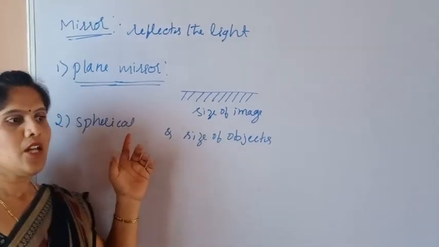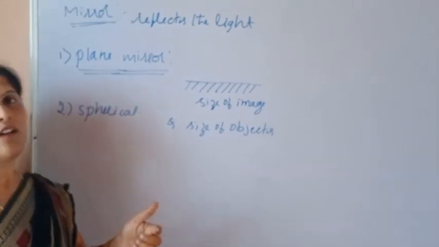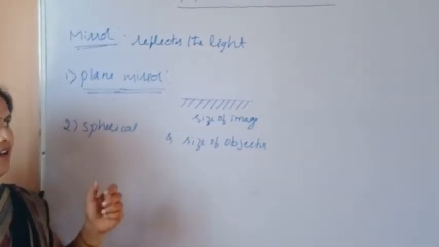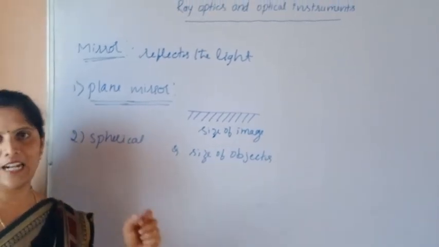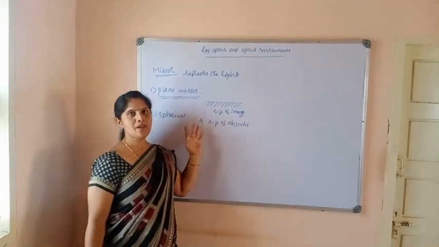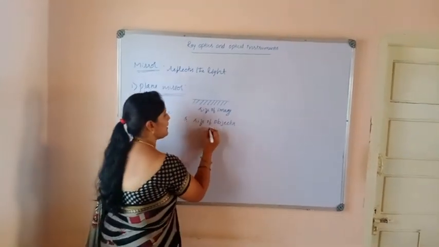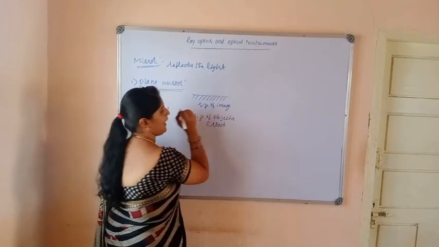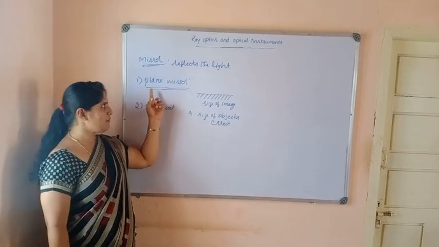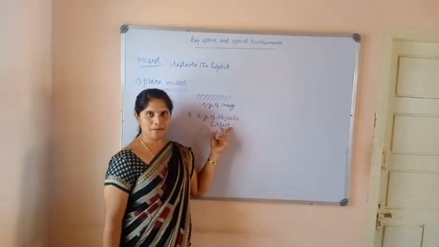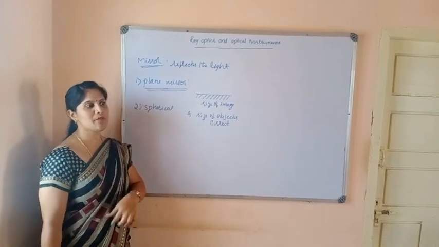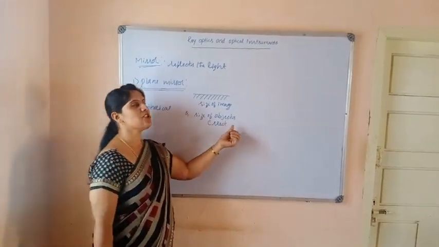And also the object distance and image distance are the same. To confirm this, do one thing. Stand in front of a mirror holding a 1 meter scale, and your image also holds a 1 meter scale. That means the object distance and image distance are the same. Okay. And the image is erect. In the plane mirror you will observe a laterally shifted image. Laterally shifted image means your left portion appears as right and right portion appears as left. That is known as laterally shifted.